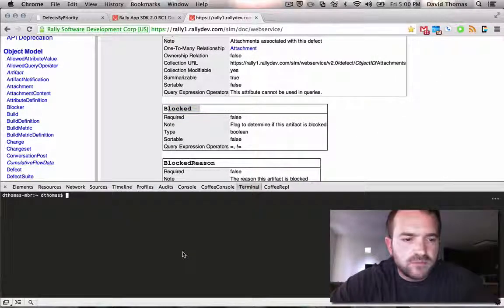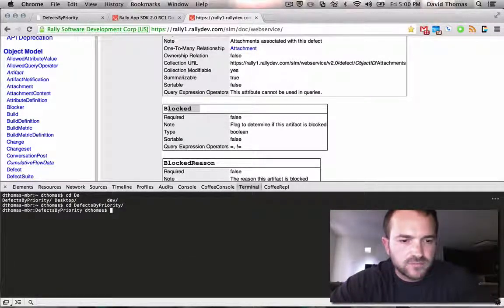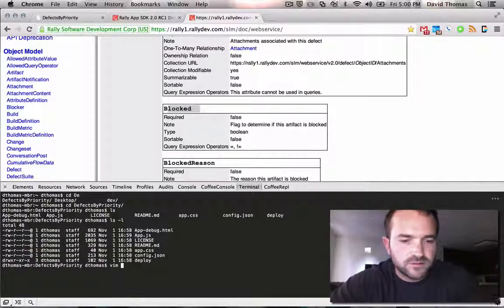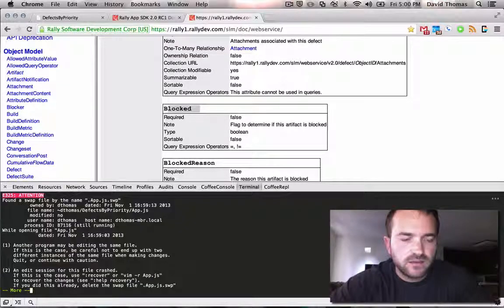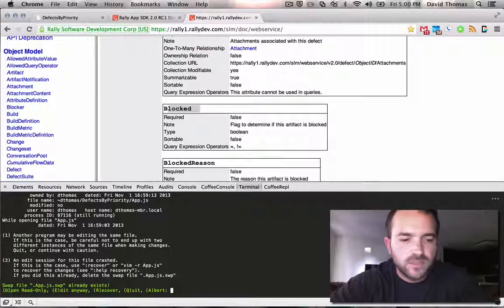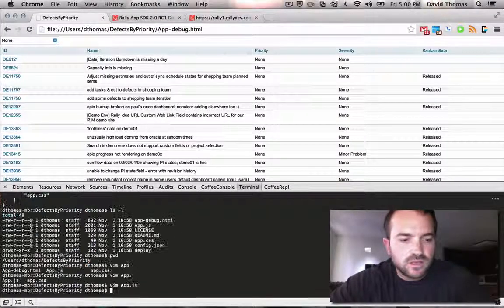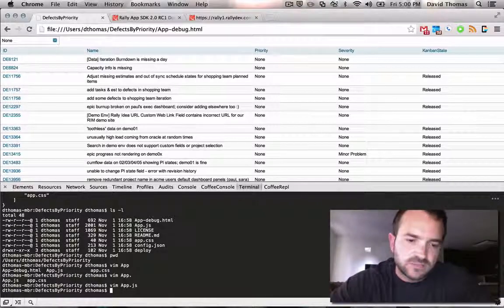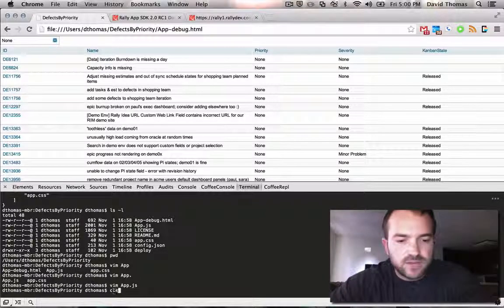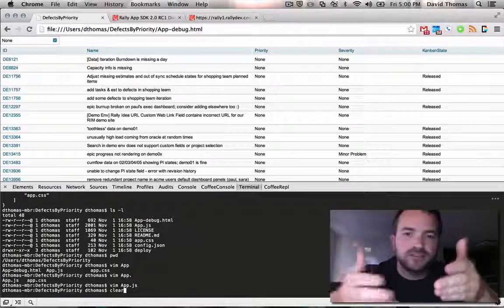So what I'd like to do is open up a new terminal, but what you can see is it creates a new one. And I can come into the folder with all my files, but I can't edit the app.js because it's open in the other terminal. So there's a solution to that, which is a tool called Tmux, or Terminal Multiplexer. Tmux lets me create a session, and in that session I can log into it from many places, but have a single